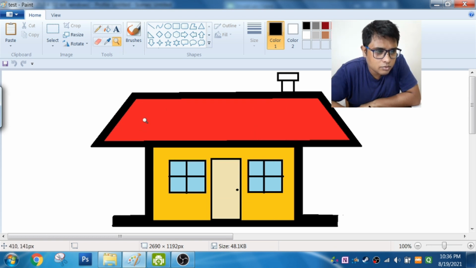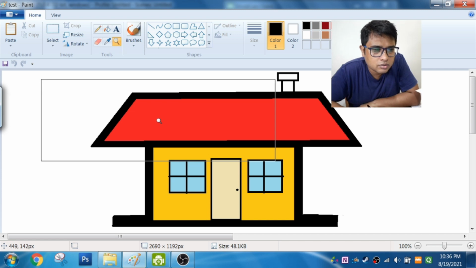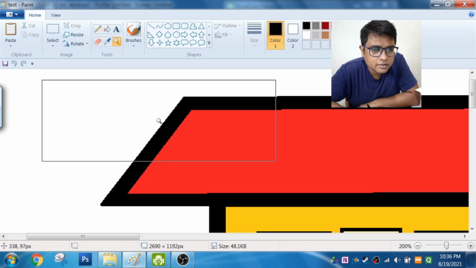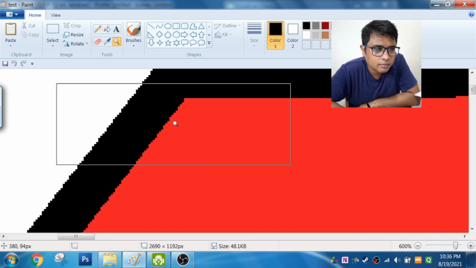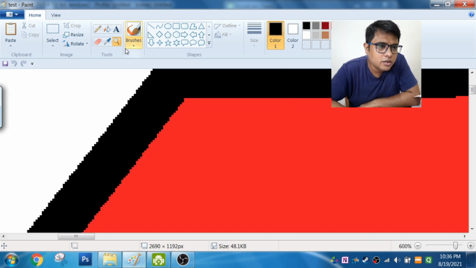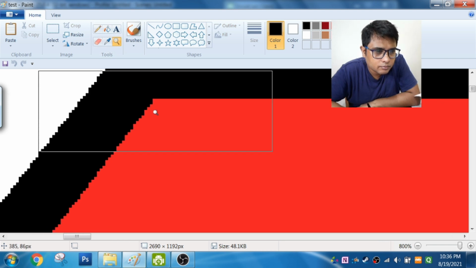Suppose I want to zoom this part, this roof part. I click. See, I can zoom. I'm zooming it. Okay, so this is how we zoom it. You click here, and you keep on clicking, it will zoom.